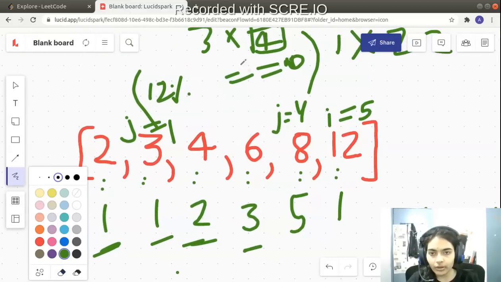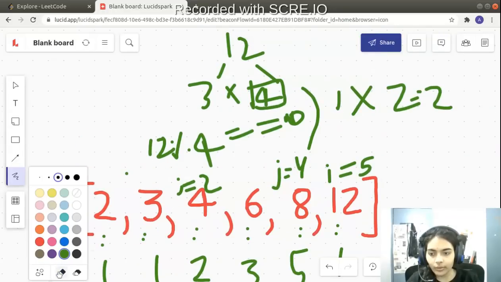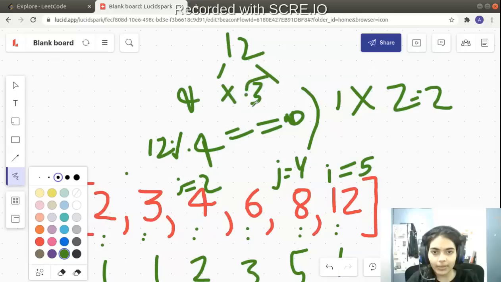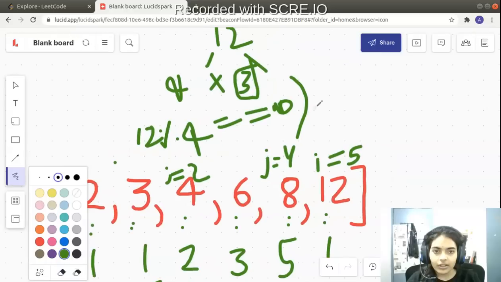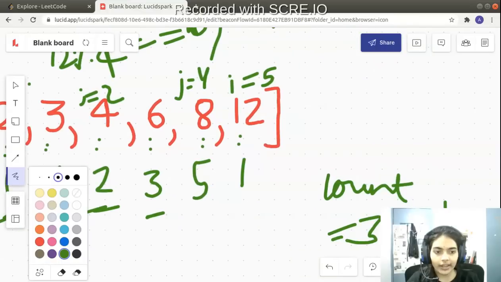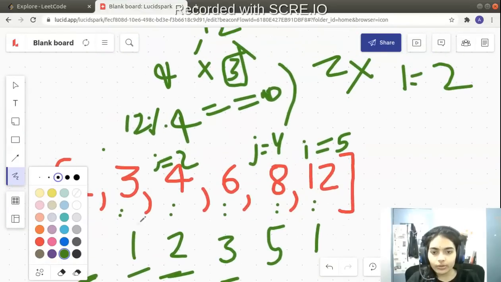Okay, now we again go to the next iteration. When j is equal to 2, we check if 12 mod 4 is equal to 0. So we see that 12 mod 4 is also equal to 0. So basically, we are just checking if there is a possibility of 4 multiplying with any number, and that particular number is 3. Okay, so now we'll check if 3 is present in the map. So 3 is present in the map. So 4 can be found using two ways, and 3 can be made using one way. So 2 into 1 is 2, so we again add 2.